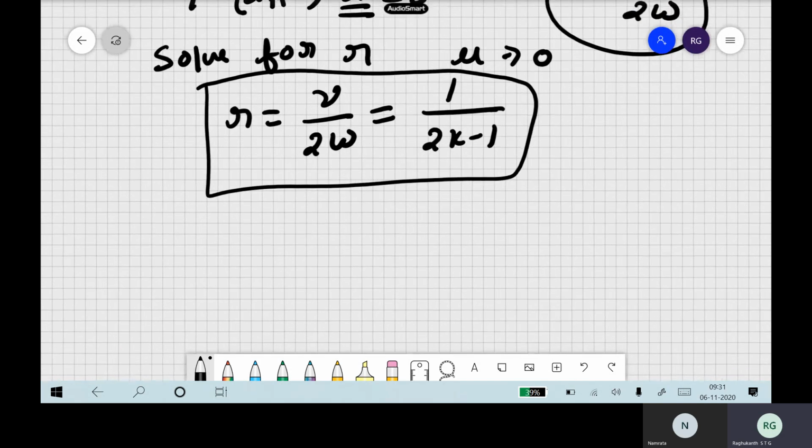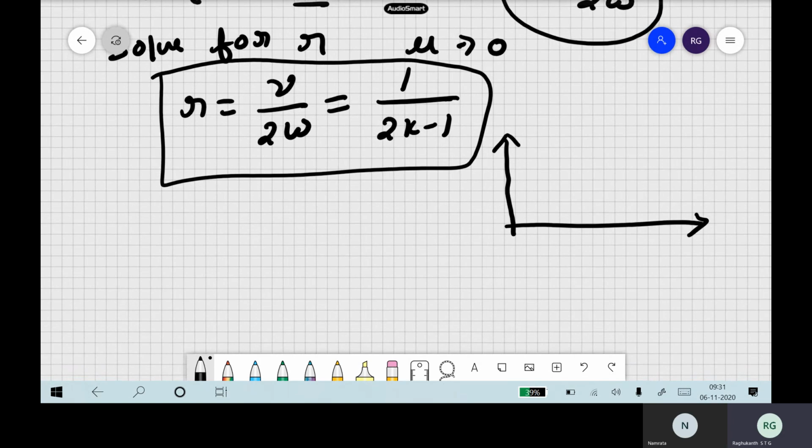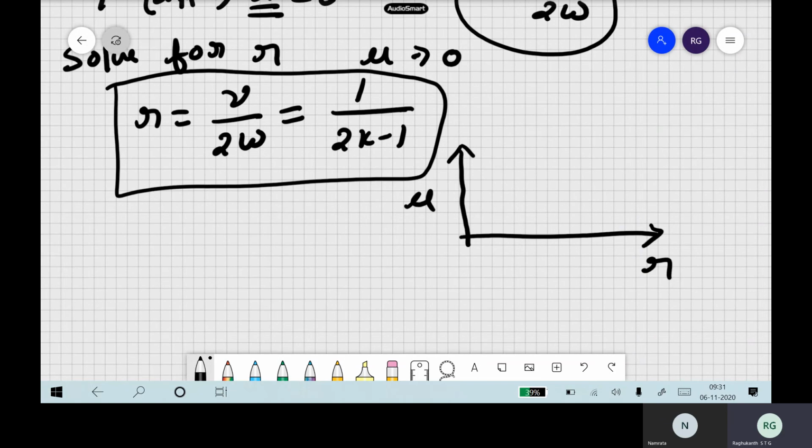So now, mu versus r is what the stability boundary is. And now what is the boundary? What is the stability boundary here for this case? Where is it located? When k is equal to 1, what happens? So this is a boundary, right? R is equal to this itself. So now r is equal to 1 itself. So 2 minus. This is our stability boundary.